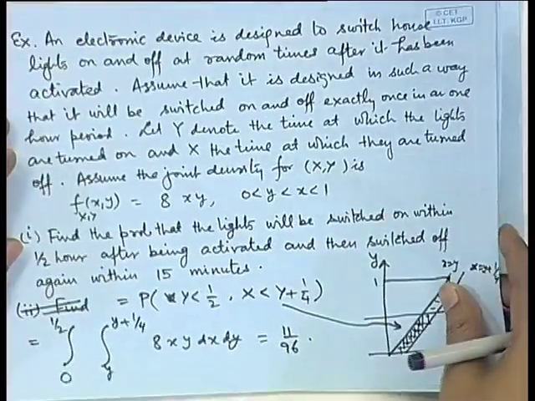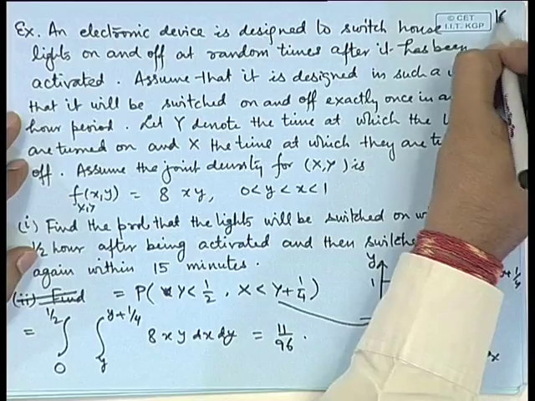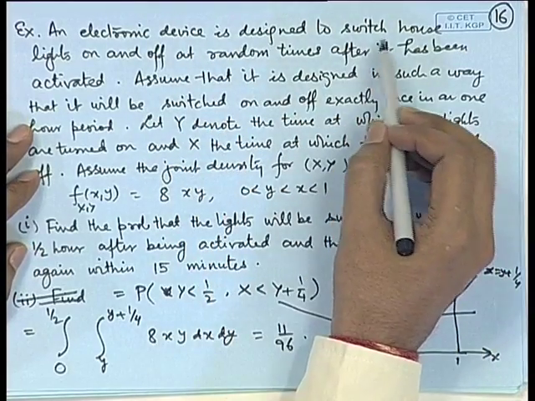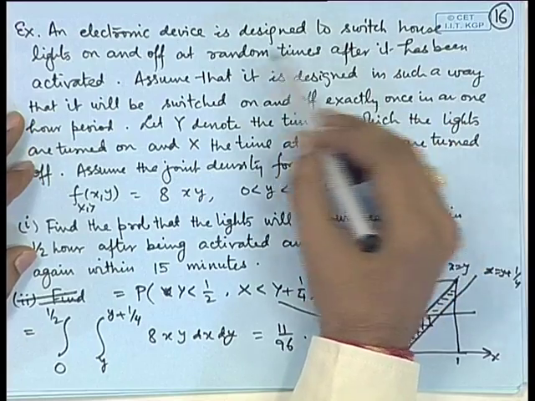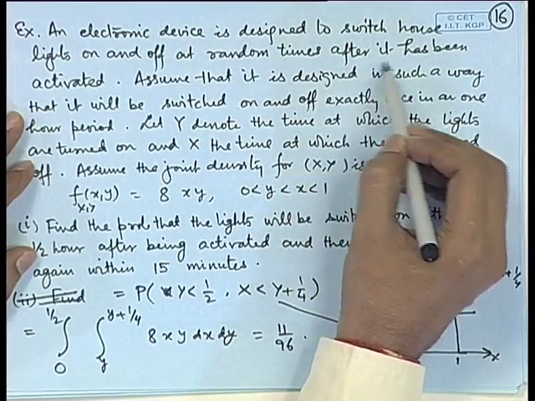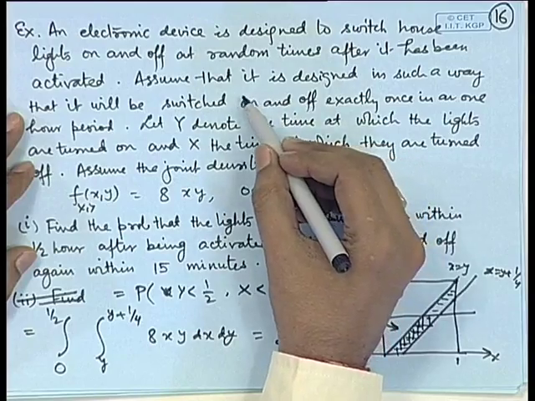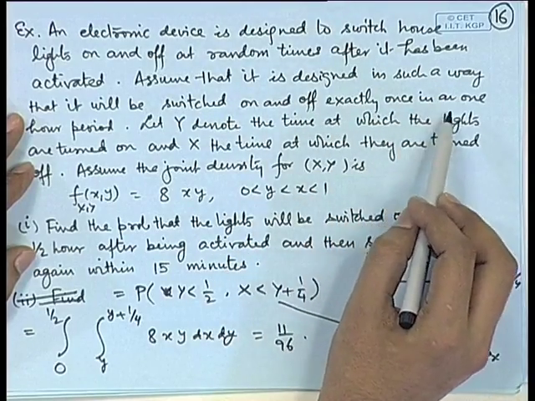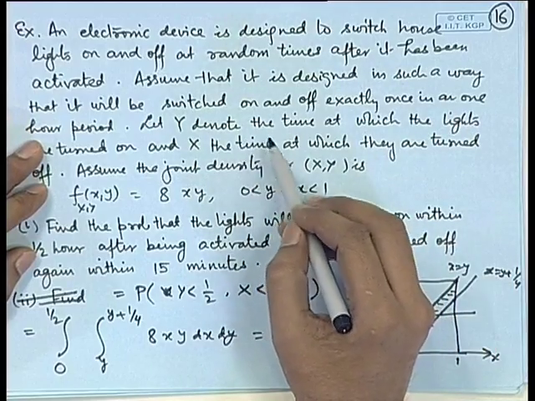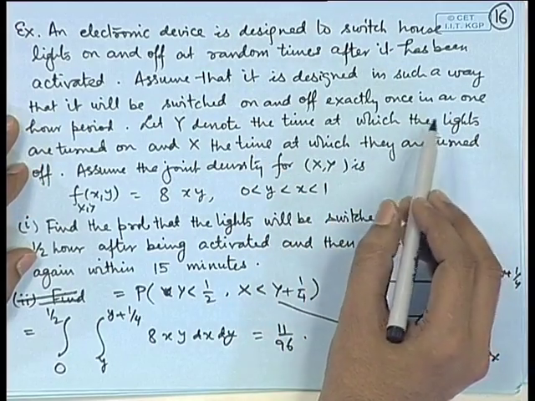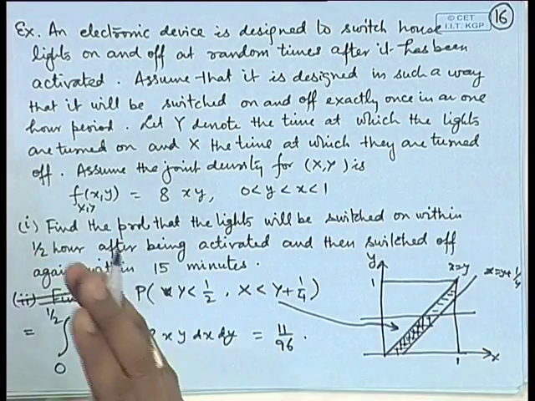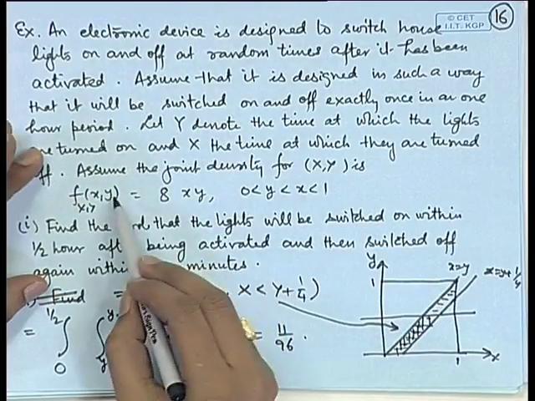Let us look at one more application of bivariate distributions. Consider an electronic device. It is designed in such a way that it switches house lights on or off at random times after it has been activated. Assume that it has been designed such that it will be switched on and off exactly once in a 1 hour period. Let y denote the time at which the lights are turned on and x the time at which they are turned off. That means, firstly it will be switched on and then switched off,